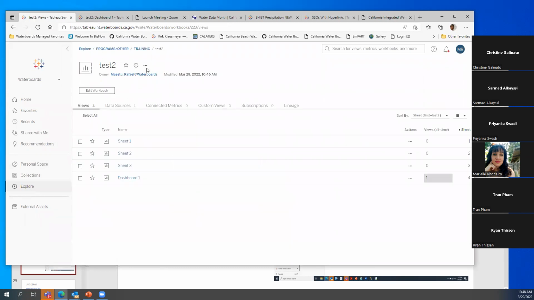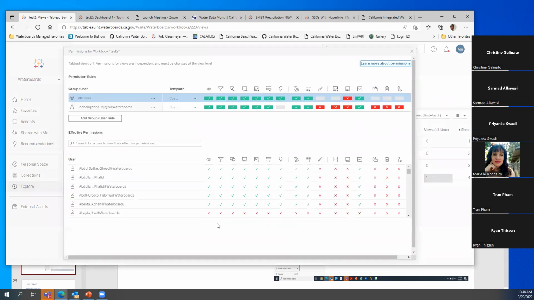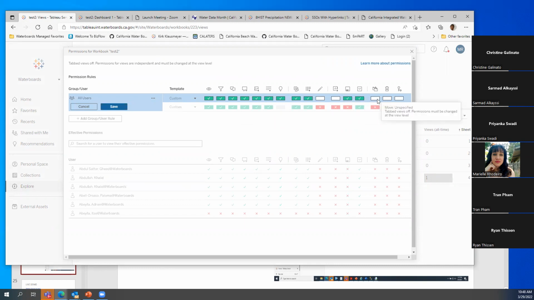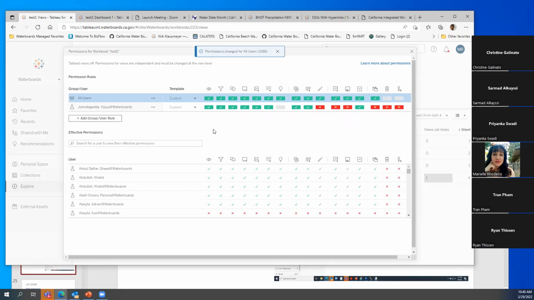One of the things we can do is control who can see these visualizations with these permissions. Click on these 3 dots over here, and then you can set up the permissions for that. Basically, I can say you can view it, you can edit it, you can copy, you can overwrite it, you can download it, you can erase it. There's a lot of control you have over what other people can do with that data. I'm going to make everything available to you in case anybody wants to continue the work and make it better.